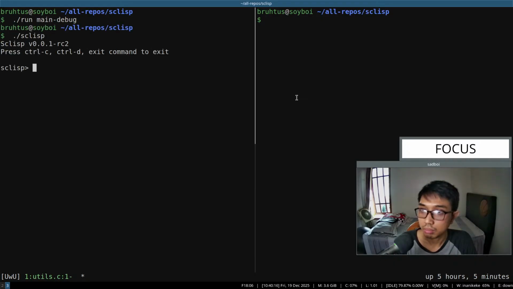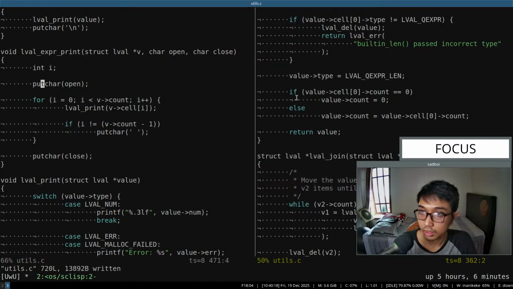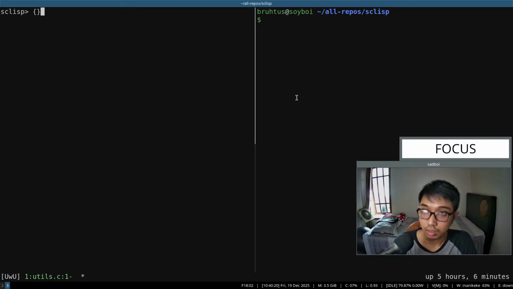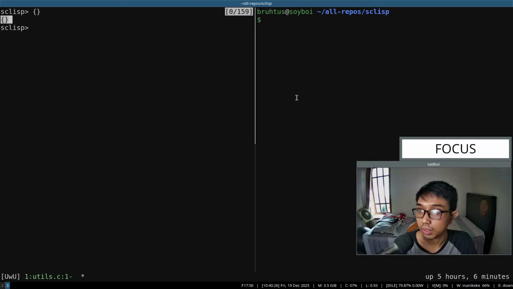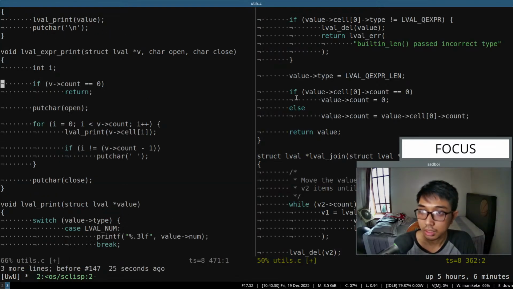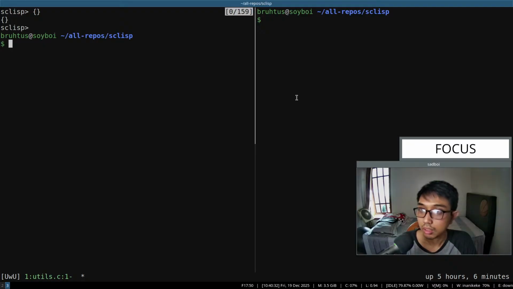Okay, scripts. Okay, yep. I don't really want to print the empty curly bracket like this, I guess. So